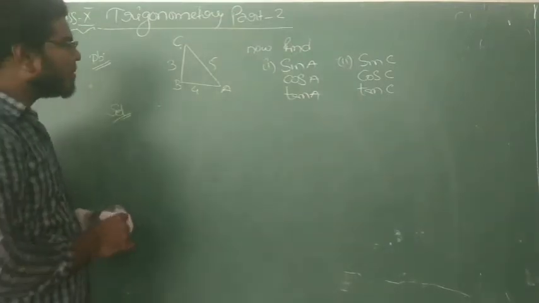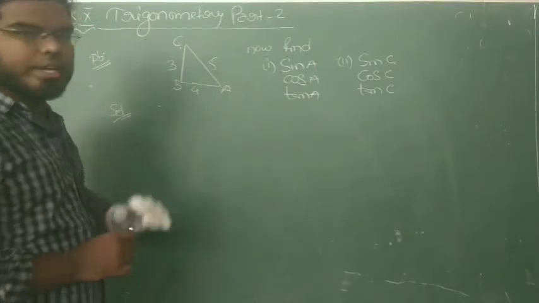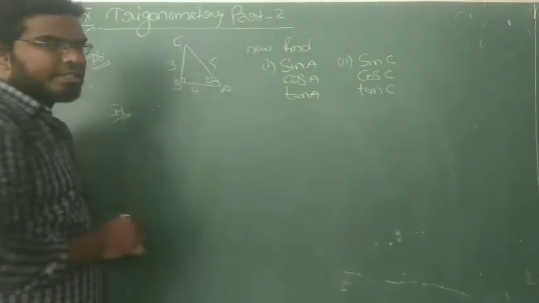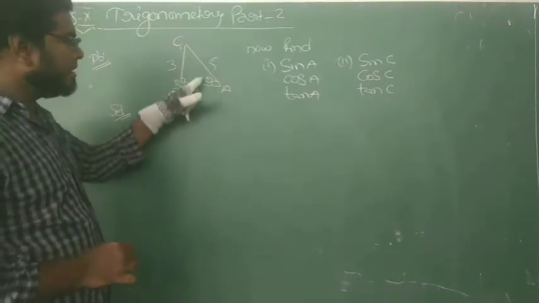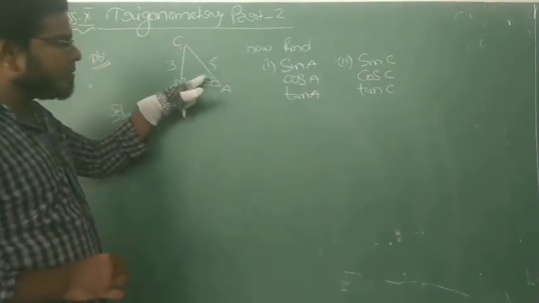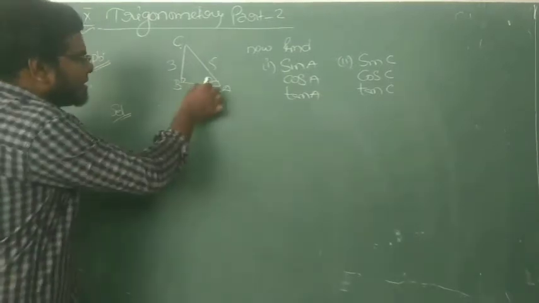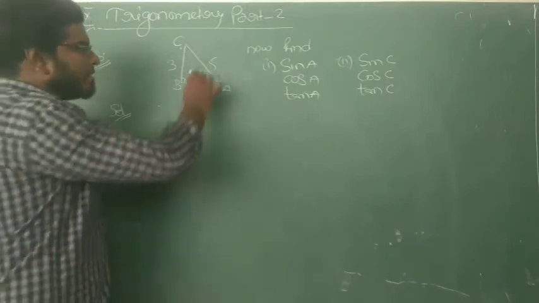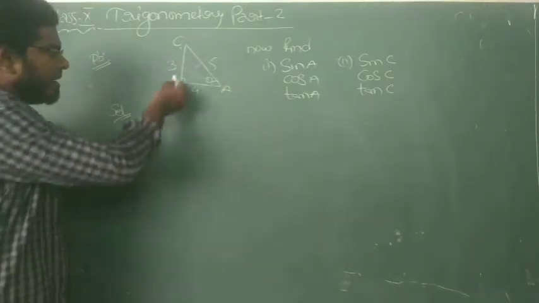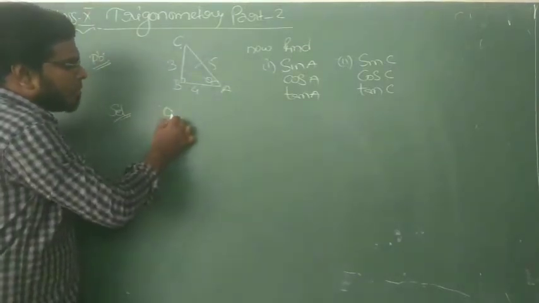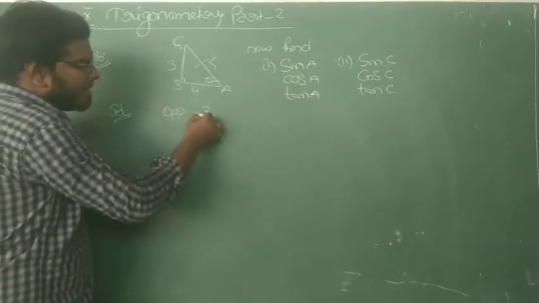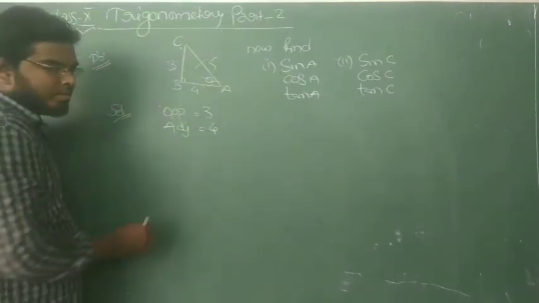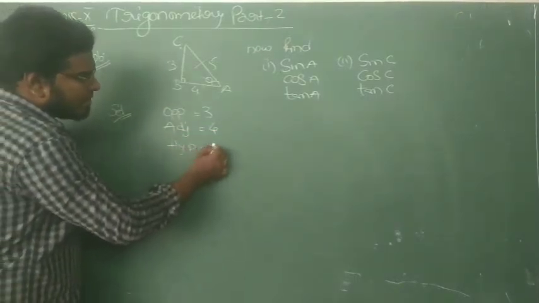First, which one do we have to take as the acute angle? This one is not the acute angle, because it's a fixed angle, it's a right angle, 90 degrees. The rest of the two are acute angles, but we are taking this one as theta. This one is the opposite side, this one is the adjacent side, and the longest side is called the hypotenuse. Now I am writing here: opposite side is 3, adjacent side is 4, hypotenuse is 5.